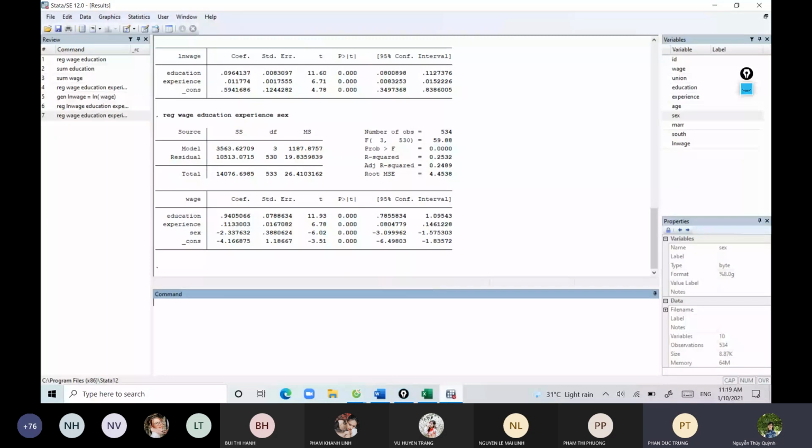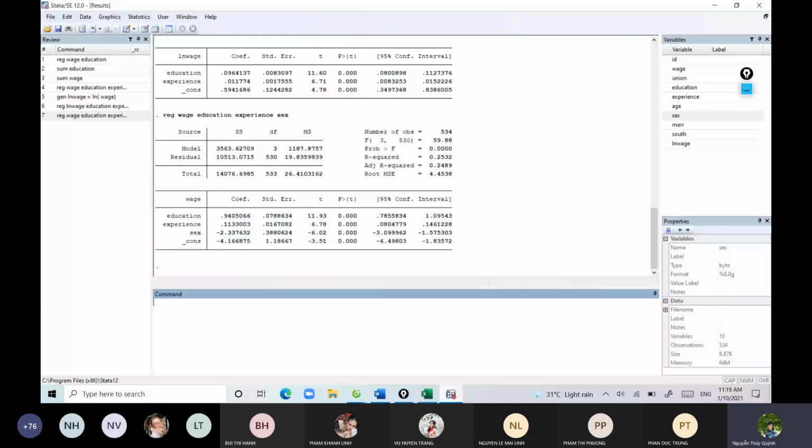R square. What is the value of R square here? It is 0.2532. Yeah, right. That is 0.2532, which means